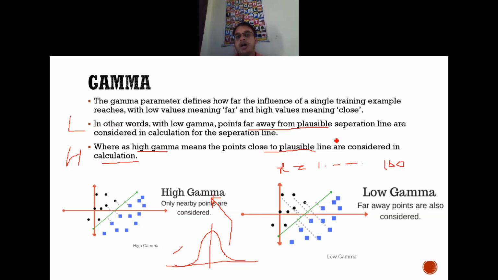So having a high gamma value is also not a suitable solution, and having a low gamma value is a very slow system, and far points will be included. So nearby points and far-away points are linked using the gamma correction. In the support vector machine, you have to think about these two parameters: first the regularization parameter C, and second the gamma parameter.